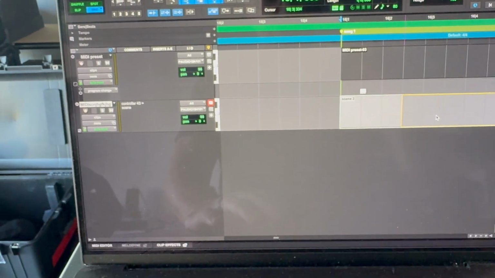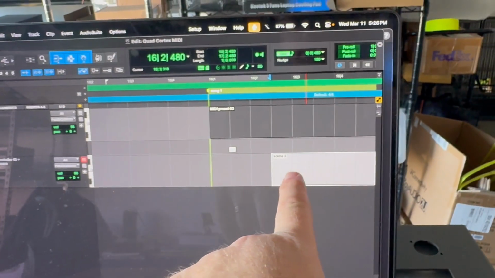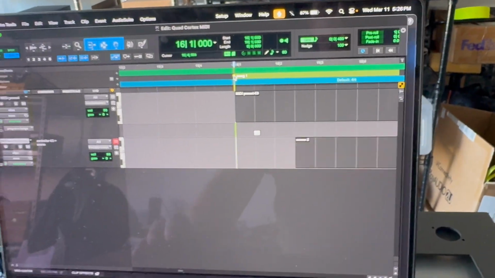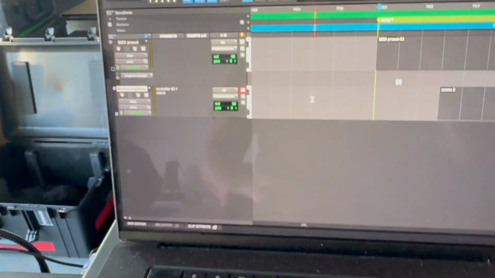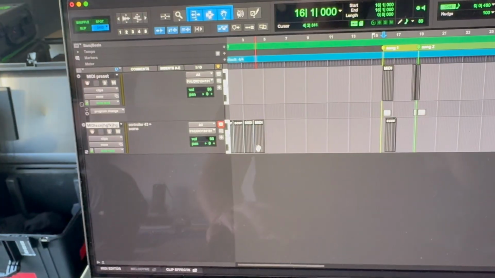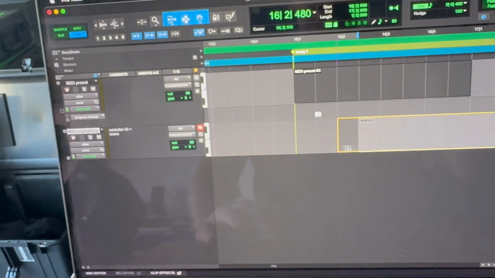So if I'm over here, even though we're on scene B and I'm trying to go to scene 2, which is scene B, when I press play here, this is going to jump to scene 4 first, because scene 4 is what this clip is back here. But if I take this and I move this to here,